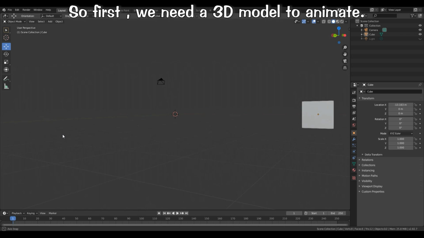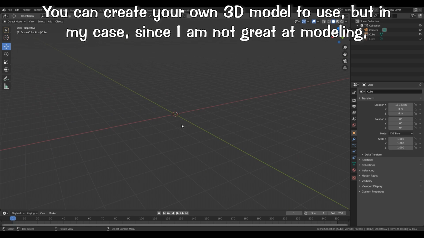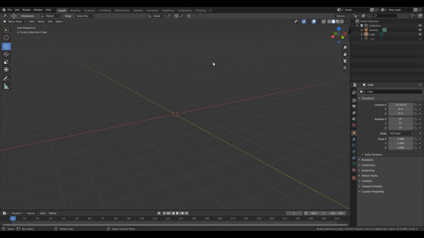Okay, so first we need a model to animate. You can create your own 3D models to use, but in my case, since I am not great at modeling, I use the official model or any other already made models.